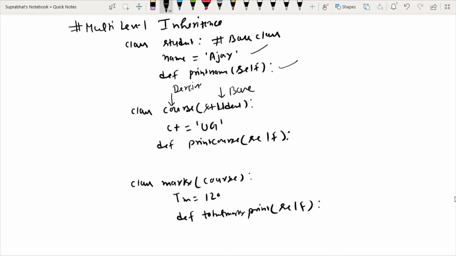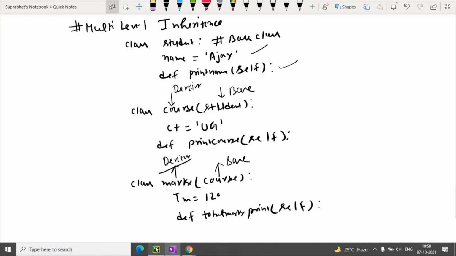So now again for the marks class, the course class which is a derived class now becomes the base class, and this is the derived class. So this is the multiple level. This is an example of multi-level inheritance.